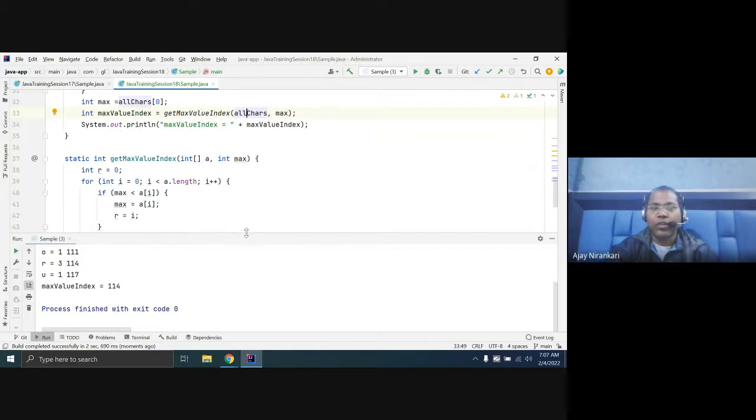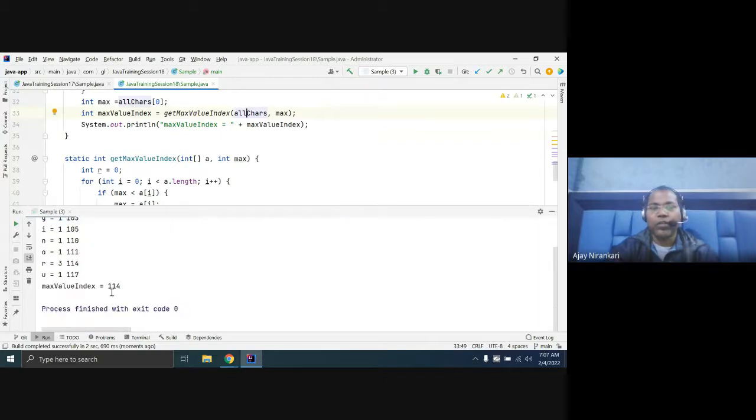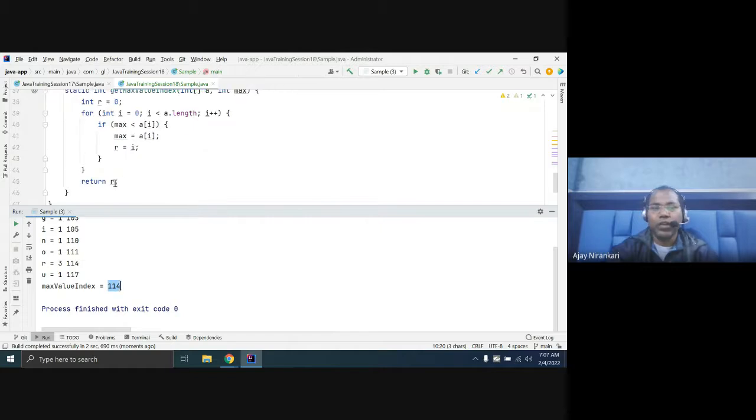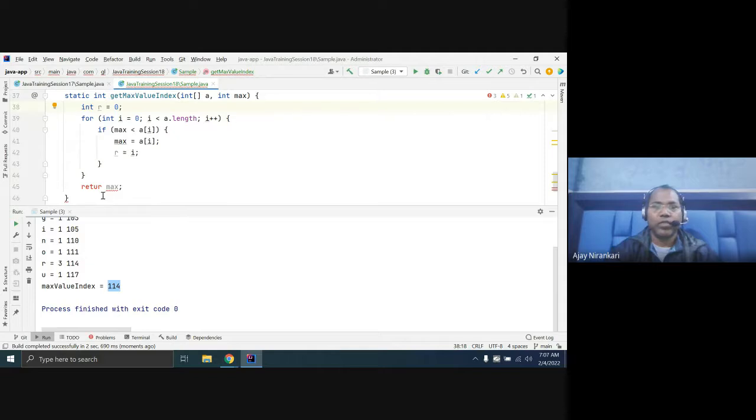So what do you return here? You notice we return 114. If you return max here, your function returns a 3.